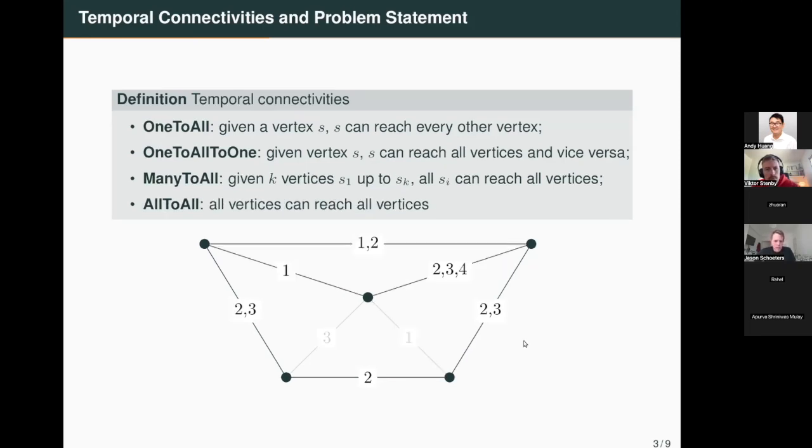And lastly, there's the all-to-all spanners. So this is mainly what you might expect to read about whenever you read about spanners and temporal spanners. But in my line of research, it's always nice to consider simpler cases and then see how they transform or adapt to the more complicated or more studied cases. So I had to insert the above edge here because it turns out that the graph that I've been working on since this slide wasn't actually temporally connected. This guy could not reach this guy, so I had to add an edge. So this is, again, an example of an all-to-all spanner, and this is another one. And I claim that these are all minimal.